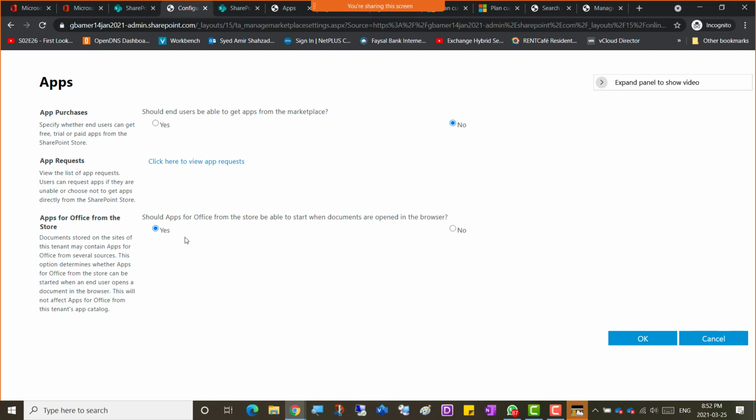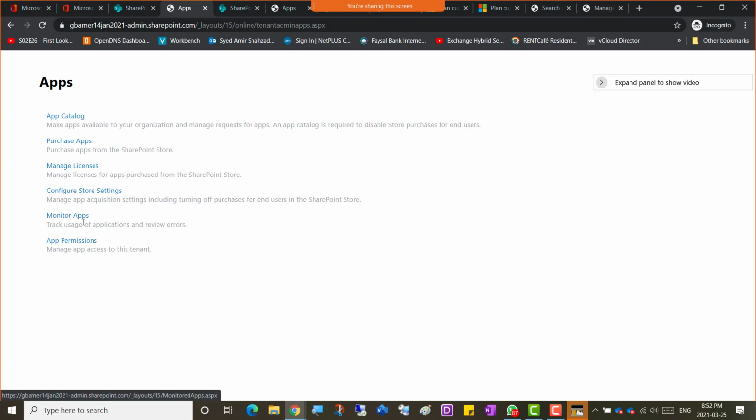Suppose your boss is opening a PDF and it doesn't start the app from the store. You must have purchased a license, obviously, and then let the app start from the store. Otherwise, suppose the boss clicked the PDF and there's no license purchased for that already, so it's going to prompt you for the license. Okay, so here it's just the apps purchase option, so we click the no button here and let's press OK,